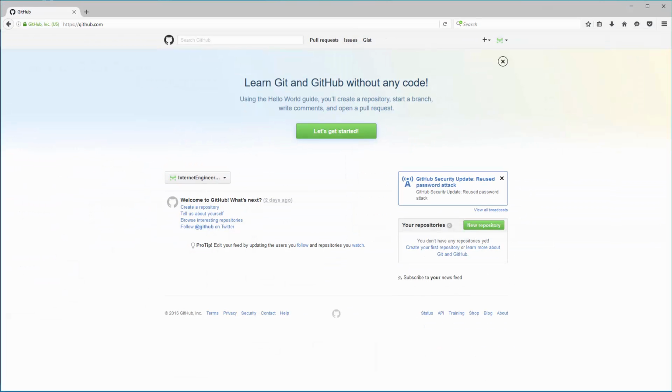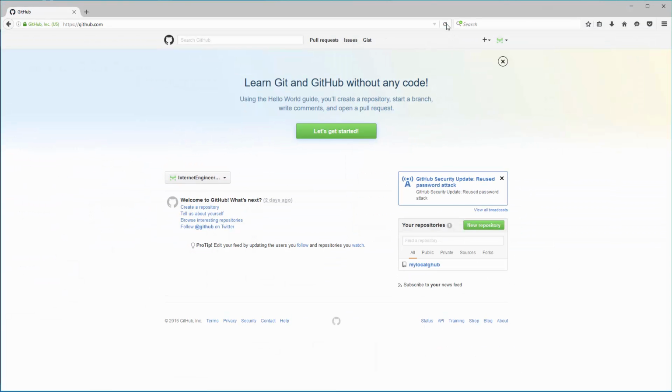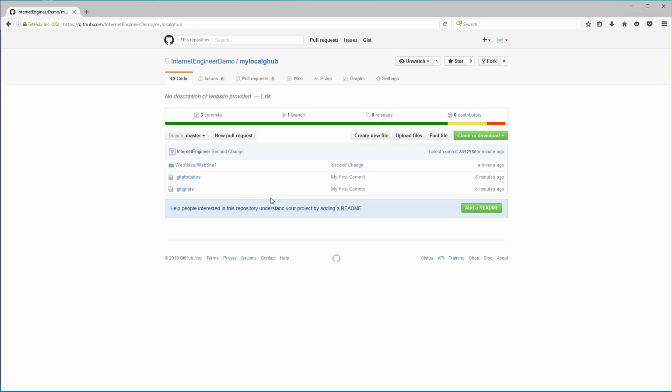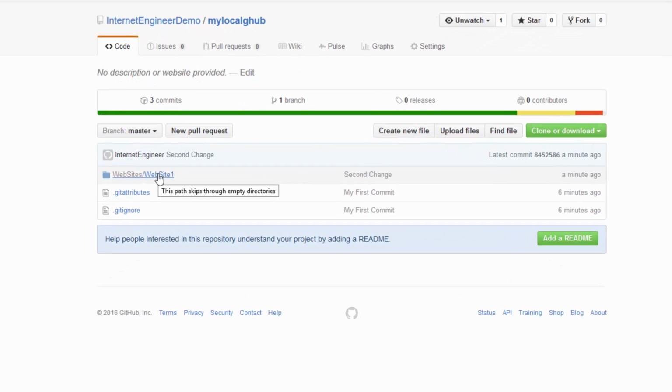So let's go back to the portal and hit refresh one more time. Oh, and there it is. There's my local GitHub folder. I'm going to click in here. As you can see, now I have the